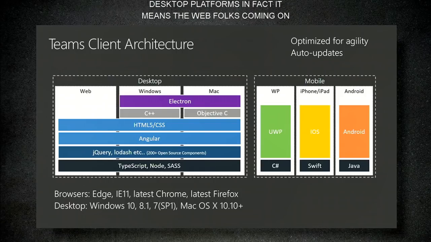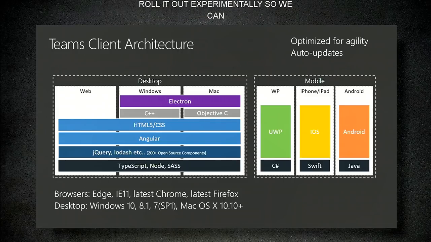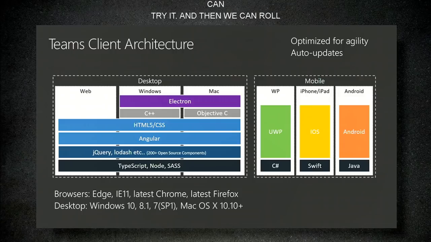It also means that when we want to add a feature, it's easier for us to roll it out experimentally so that we can try it, our developers can try it, Microsoft can try it, some lead customers can try it, and then we can put it out to the rest of the world. So we love that agility that we have, and we've really built out this architecture with the idea of being able to add features quickly, respond to requirements quickly, and to be able to deliver auto updates